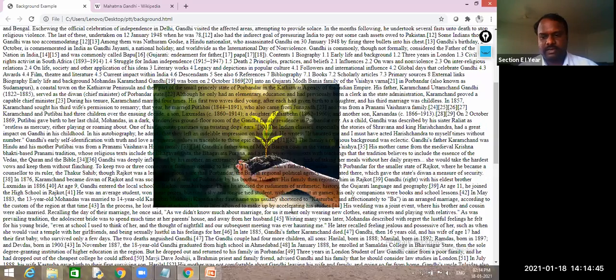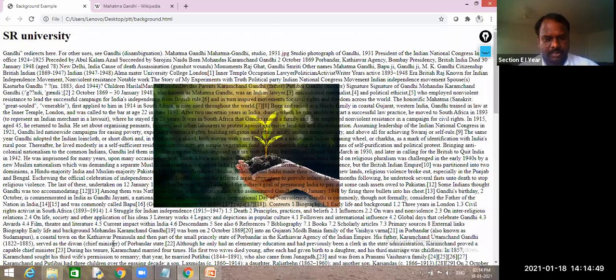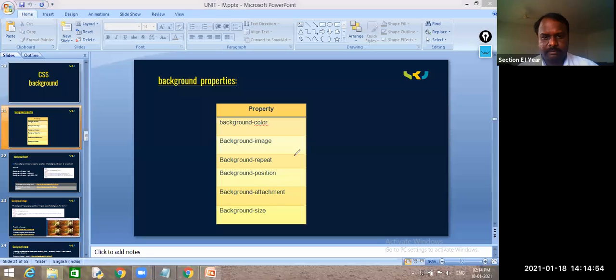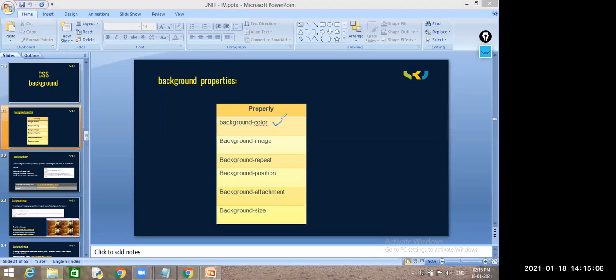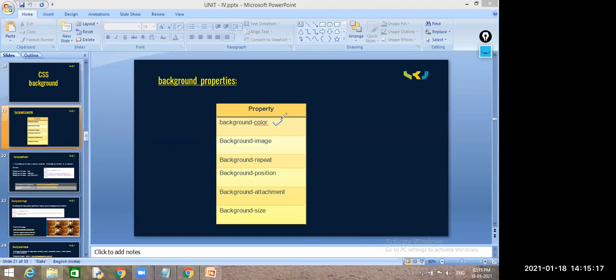These things we have observed using background. So this background, all properties are cleared or not? With example, what is background color? Why do we use this background color? To give color to the background. Yes, very good. What is the use of background image? To attach an image to your web page, then we go for background image.